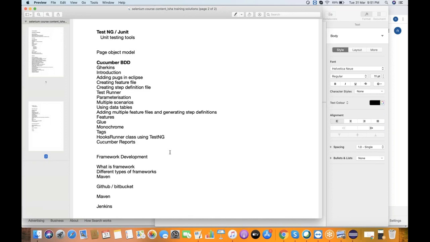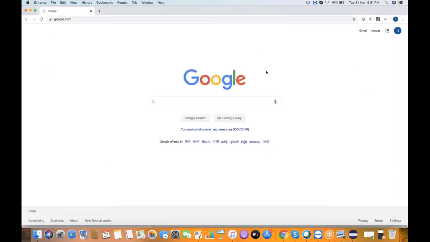Like there are generic utilities, there are application specific utilities. So we don't know which application we are working on, but there are some common things we need to consider while developing a framework, like what unit testing tool we are using and what reporting tool we are using. Based on that, I use some part of the code in the framework part, but we'll be seeing the framework from scratch. Even though I reuse something, I'll explain the reused code from scratch.